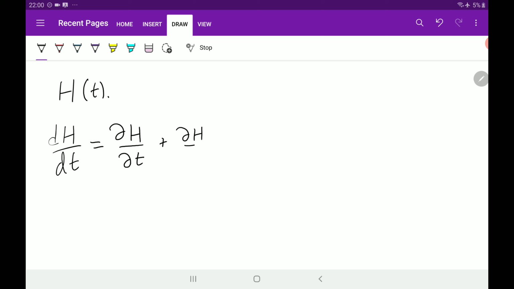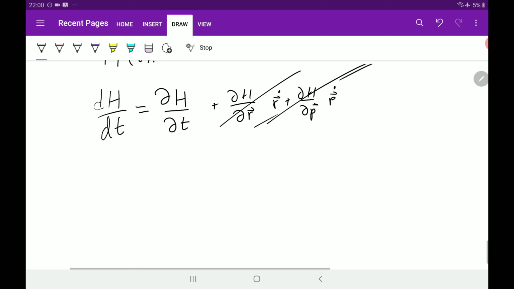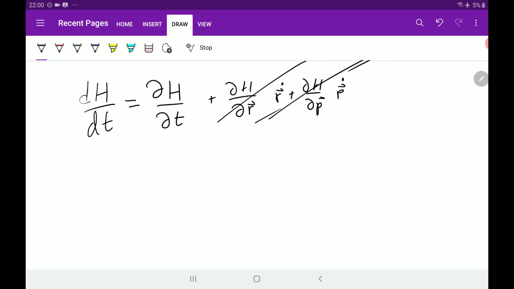You see, there's this convective term which vanishes, essentially because of Liouville's theorem. Okay, so there's the dH/dr plus dH/dp times p dot, right? And using Hamilton's equations, you can show that these vanish. Essentially, I'll skip this bit, but roughly speaking the energy changes in time, and omega changes in time slowly